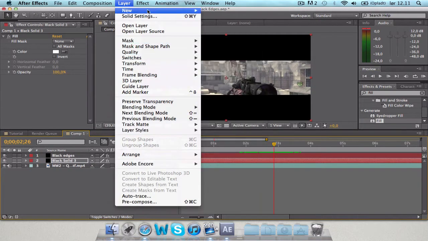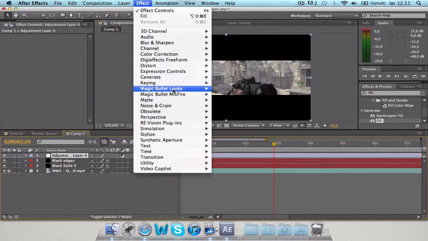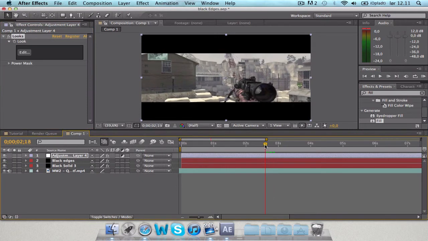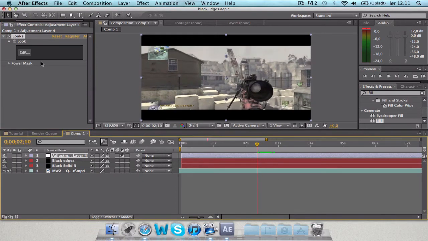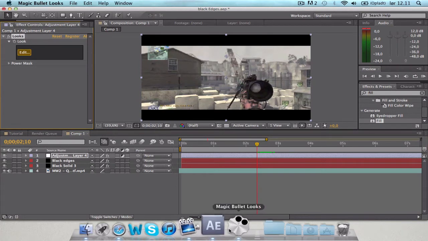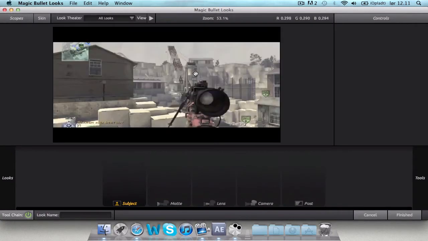But if we add an adjustment layer and take Magic Bullet Looks, go right here, you can see a lot, and then we'll open Magic Bullet Looks. My computer is a little slow, it always takes some time to open.